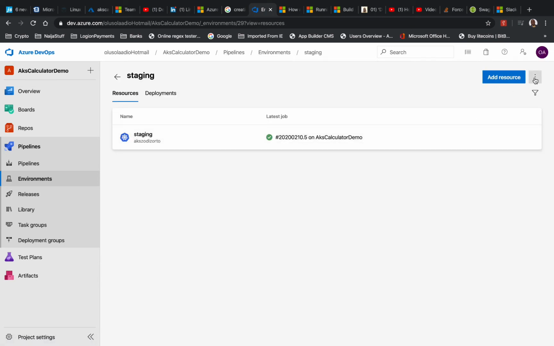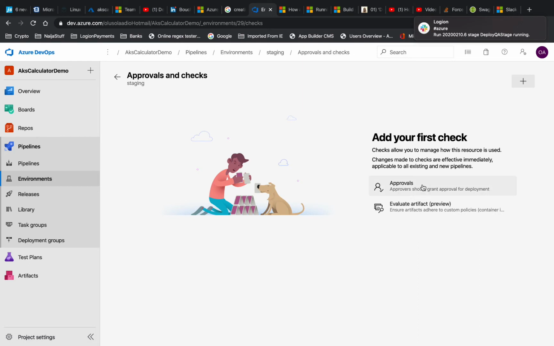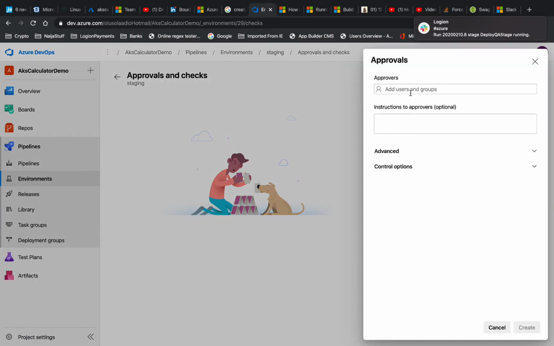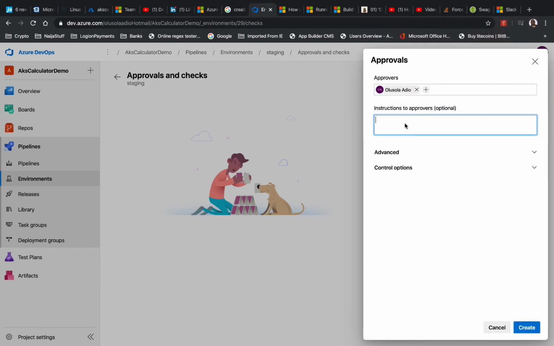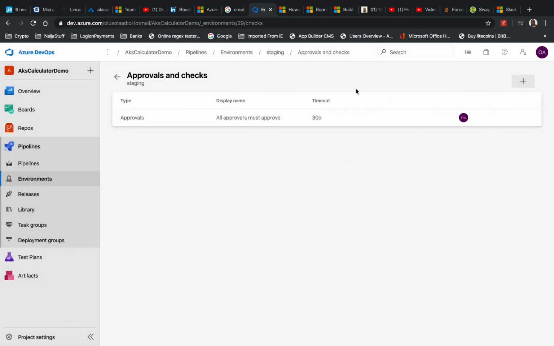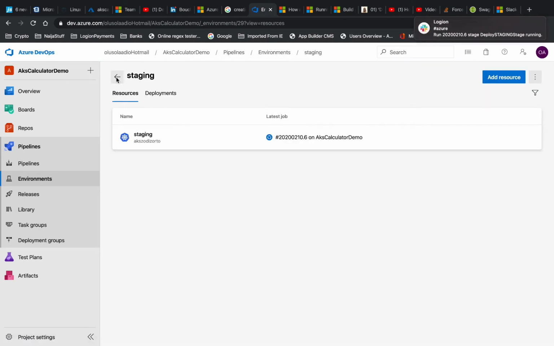So for staging, we're going to do the same thing. Add an approval and check. Add myself to it. Check that the user acceptance criteria have been implemented. This is a note to our QA guys, just for the fun of it. So let's create. And then we're going to go to the